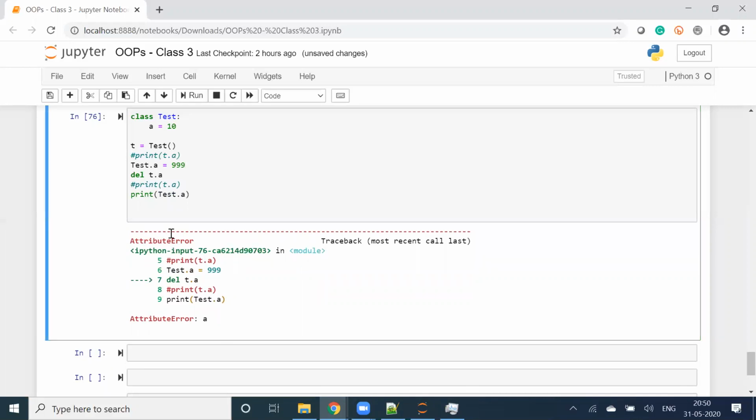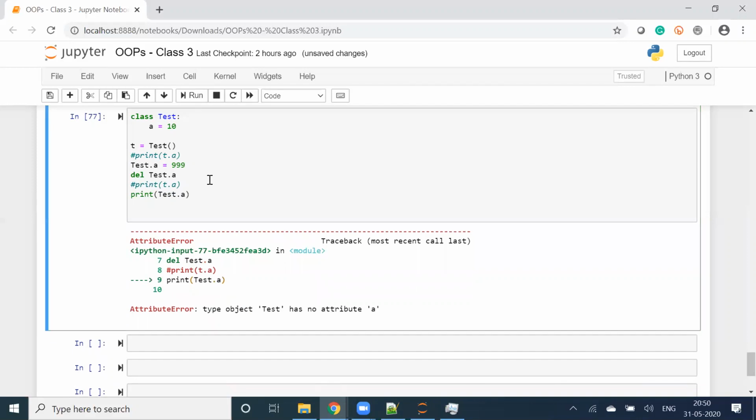It's not coming in. It deleted. We can delete static variables by using object reference or class name. Okay. So you can delete by using test.a also or t.a also. That is how you can delete that.